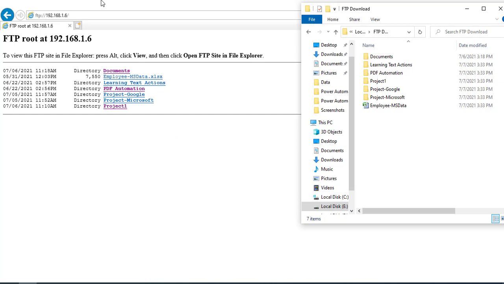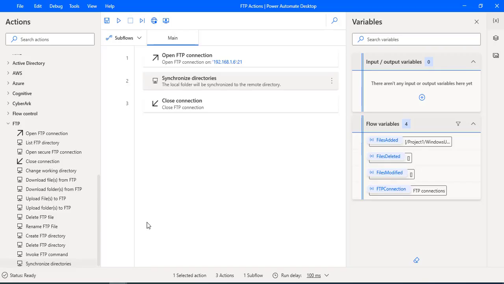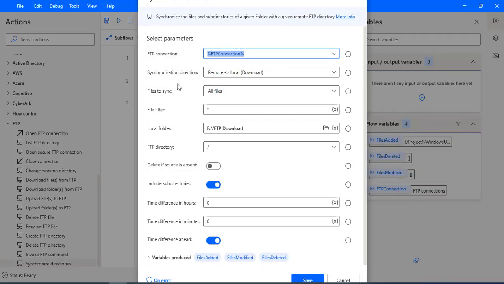Now, what I want to do in the reverse direction is, whatever the local folder's files are, I want to sync them into the FTP server. This is the reverse direction that I'm going to use. It's a kind of upload functionality, uploading files and folders. Now I'm simply going to change to local to remote, upload. It will upload the files which are in the local folder to the remote repository, or remote FTP server.